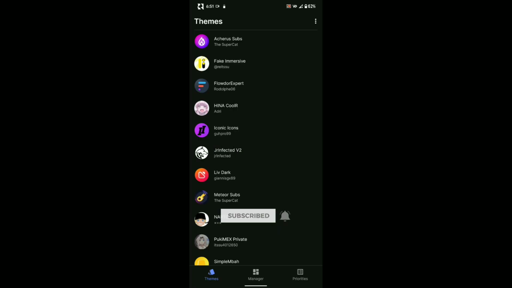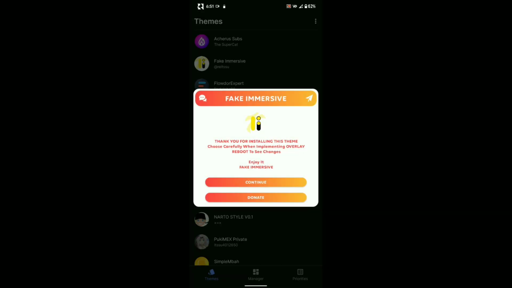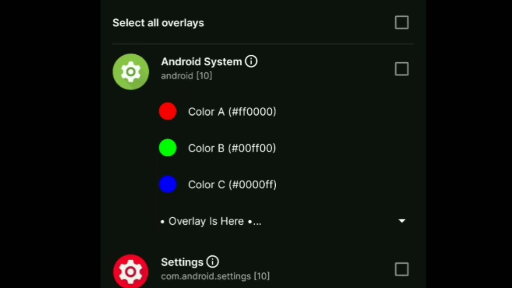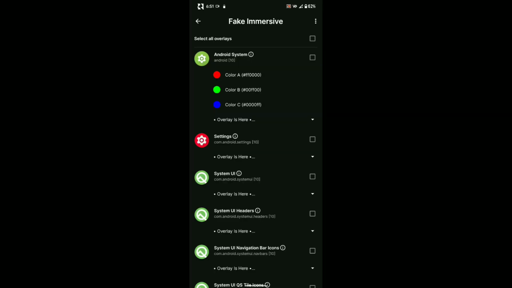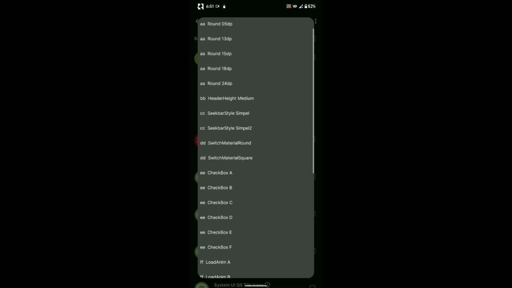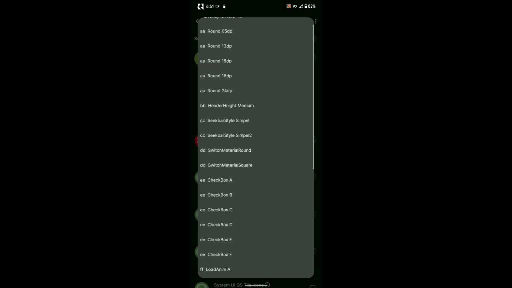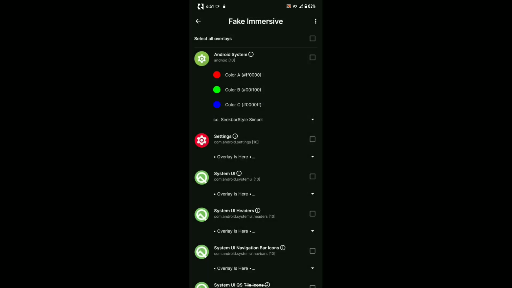So to install overlays, just install them one by one and don't change other things. The top 3 color ABC options are for you to change them manually, and the Substratum theme will color them for you, and you can have a gradient effect too from it. But if you want to change that and you want device accent, then just select color from accent or color follow accent if you have any of these available.